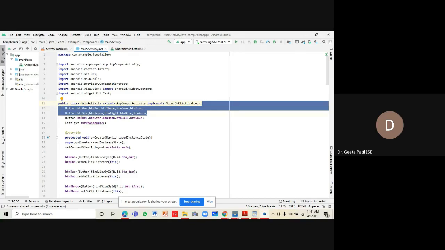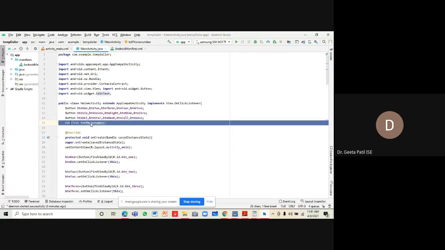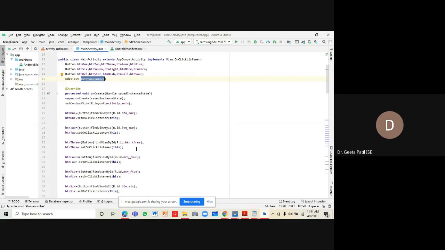Apart from that, we have a reference to button delete, button star, button hash, button call, and button save. And we have one added text, phone number, where we can see the phone number as text. So these are the objects which are required in our application.